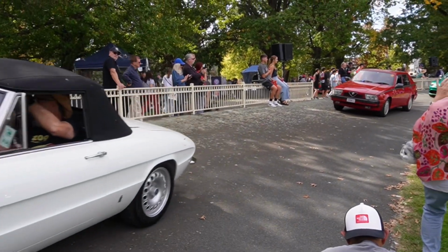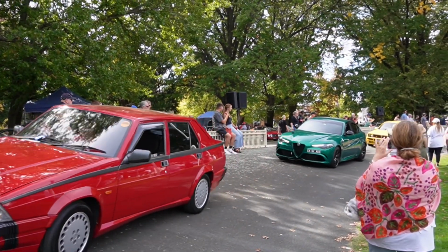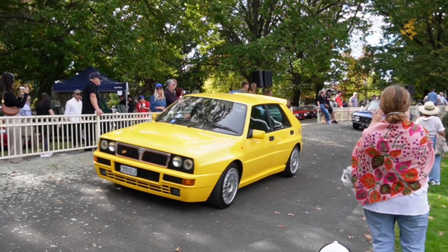Ogni innamorato all'innamorato la sussurra